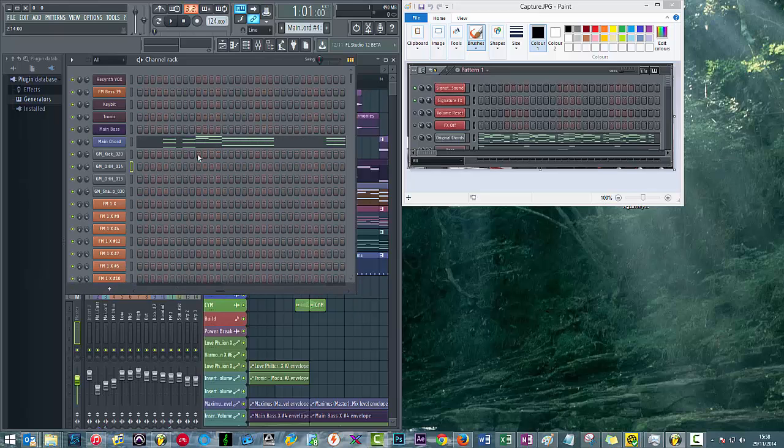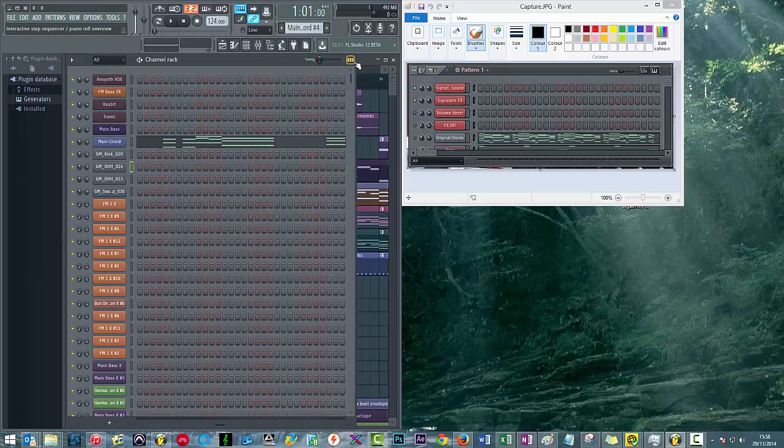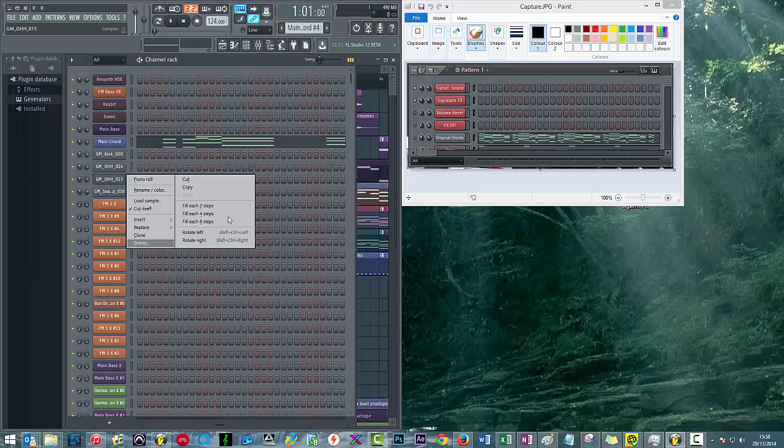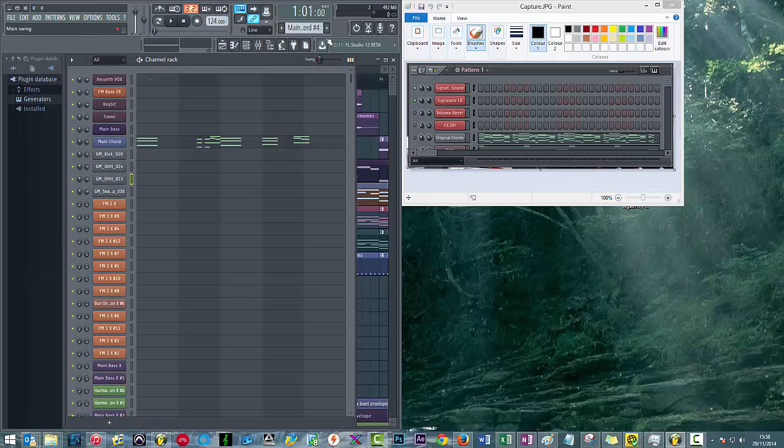On the subject of chord progressions and being able to see them in the step sequencer, the first of the new features on the step sequencer is this new interactive step sequencer / piano roll overview toggle. So what this does is this flicks between the piano roll and the step sequencer. As you probably remember from FL11, you had to right click the channel or the insert and send it to the piano roll, whereas now you can just flick between the two,